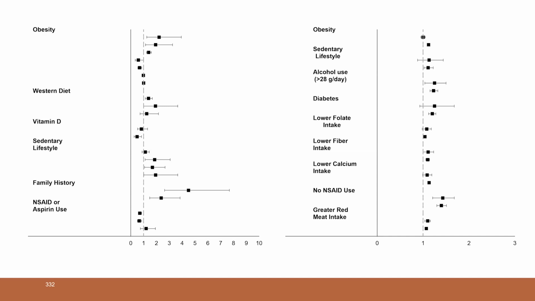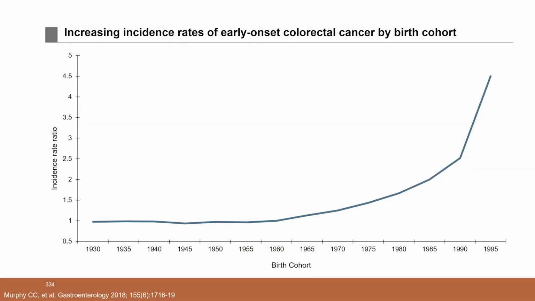I hear often from my gastroenterologist friends that they diagnose colorectal cancers in otherwise healthy people who are not overweight and do not have predisposing conditions, raising questions about unusual suspects that may contribute. To me, the most promising clue for identifying unusual suspects is the fact that rates of early onset colorectal cancer have increased successively by birth cohort, or about the year that you were born.